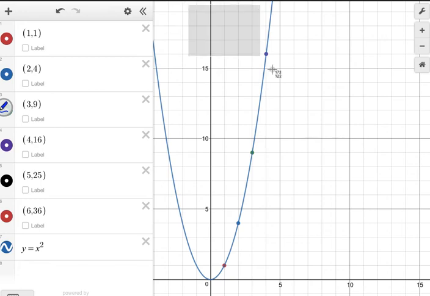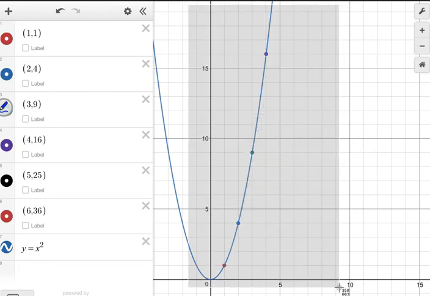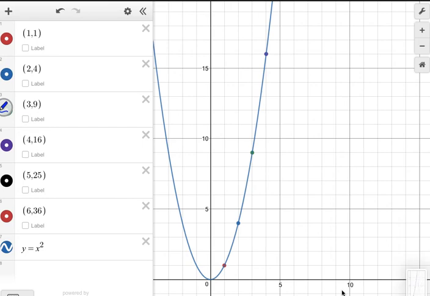All right, here, look up here real quick. So I put all these points in. I have 1, 1. This length times width is 1. The area is 1. 2 times 2 is 4. 3 times 3 is 9. We have 5 times 5 is 25. You can see 25 is off of it right now. If I zoomed out, you would see it.